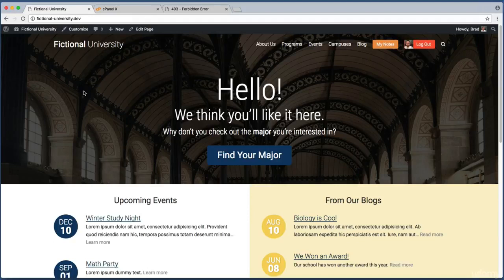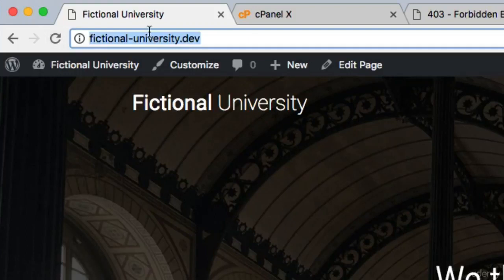Now, if you have prior experience with PHP and databases, but maybe not WordPress specifically, your first instinct might be to look for something called PHP MyAdmin, or open up a MySQL client like SQL Pro for Mac or HeidiSQL for Windows. However, even though those tools are great, when it comes to WordPress specifically, not only do we need to create a copy of this database, but we also need to perform a basic find and replace on the database. We need to find any and all instances of this domain,